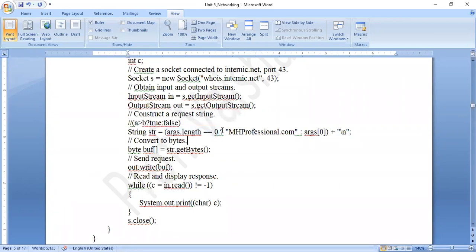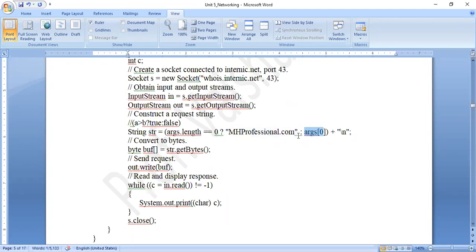If args.length equal to 0, if this condition becomes true, that means if the user does not pass any website name at the time of execution, then my program will use the default website name as mhprofessional.com. Else, if the user has specified the value, then that value will be taken in the program. What is that value? args[0].